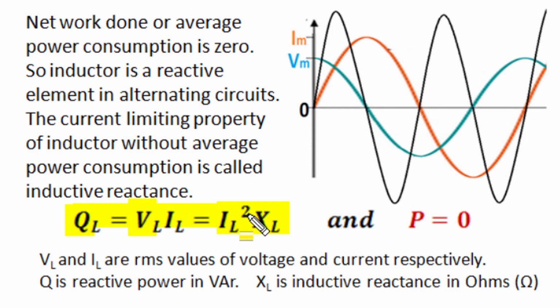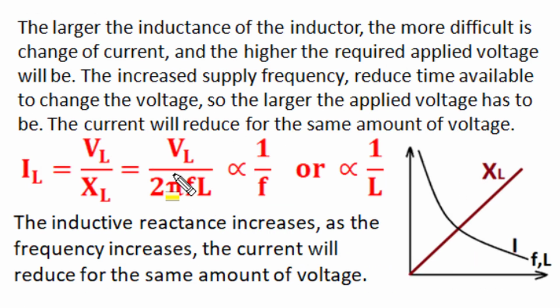So it is only store and release, and there is no average power or real power in the inductor when current lags voltage by exactly 90 degrees. For a given supply frequency, if the coefficient of self-inductance of the inductor is higher, then it would have a higher amount of inductive reactance, and for the same rated voltage with higher inductive reactance, the magnitude of